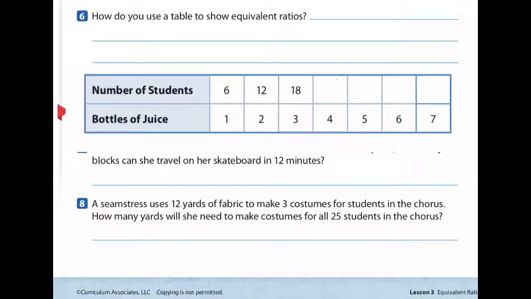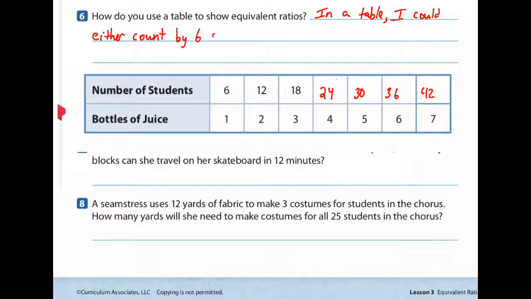Okay, so in number 6, it says, how do you use a table to show equivalent ratios? So remember in my table, I'm going to rewrite my numbers in there because I just had to erase them. So this is something, as long as you have it in your own words, you're okay. So I'm going to say, in a table, I could either count by 6, I'll say count by 6 students, to find equivalent ratios,